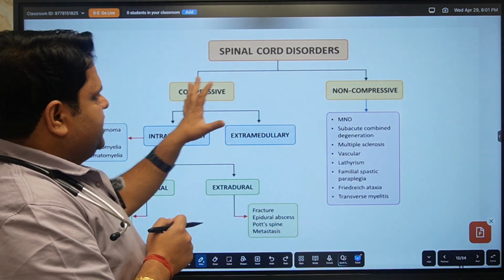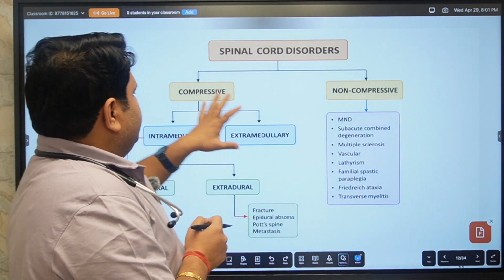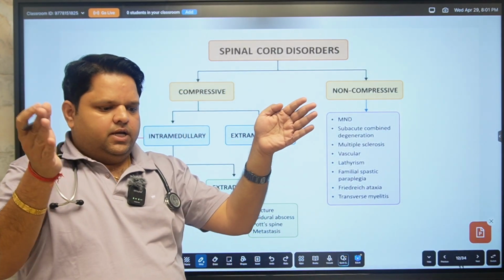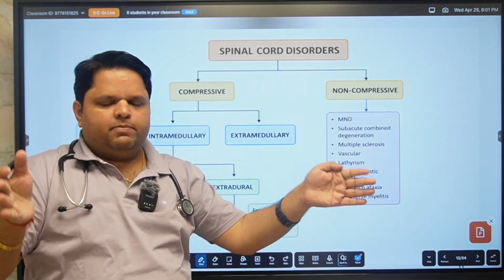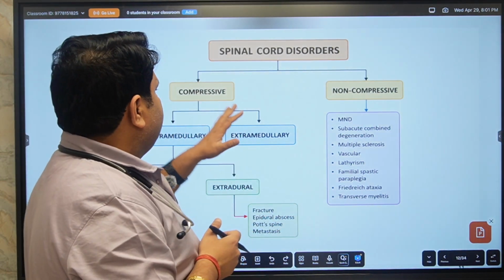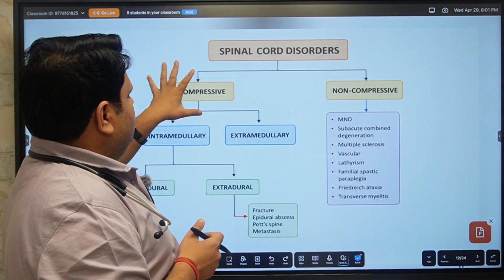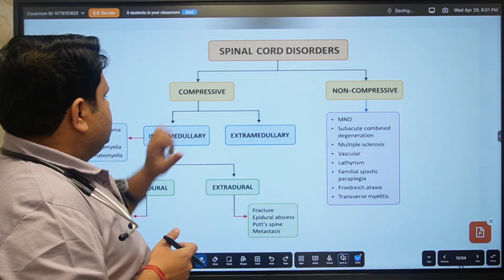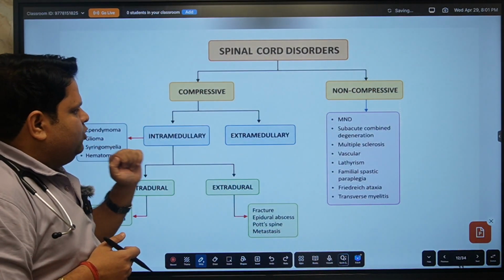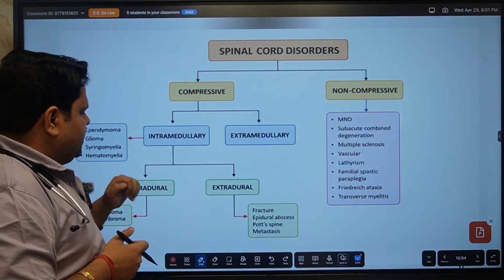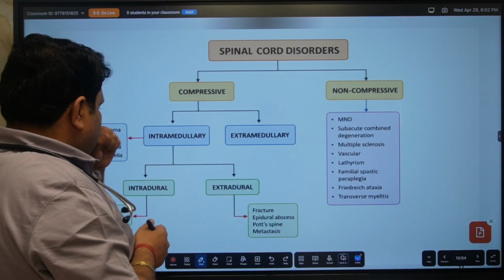So now we discuss the spinal cord disorders. First we classify into spastic paraplegia and flaccid paraplegia. In spastic paraplegia, we have two types: compressive myelopathy and non-compressive myelopathy. Compressive myelopathy may be intramedullary or extramedullary. In extramedullary, it may be intradural or extradural. Basically,